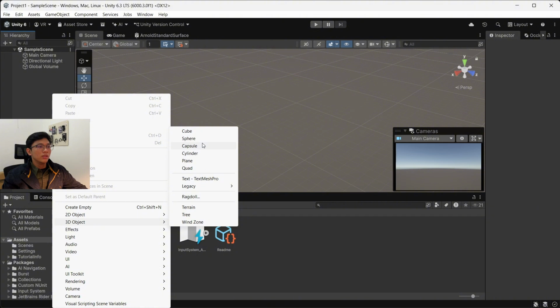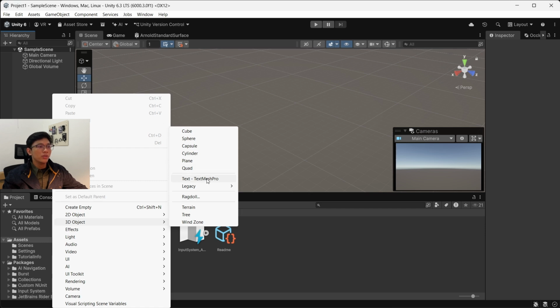Capsule is a cylinder-shaped object with rounded ends, commonly used to represent characters. Cylinder is a tube-shaped object often used for pillars or columns. Plane is a large flat surface usually used as a floor or ground. Quad is a thin flat surface often used for simple textures or visual elements.